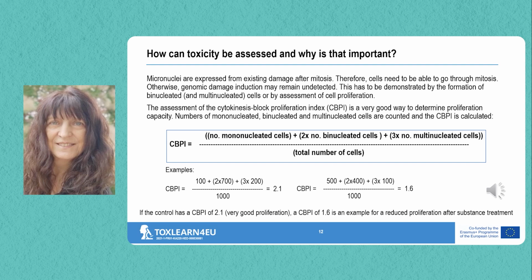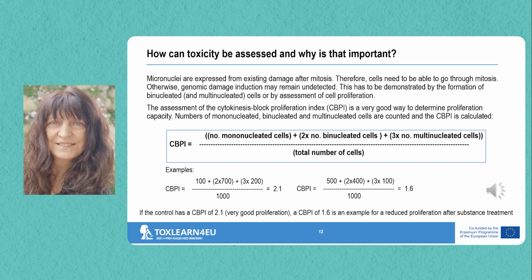With a high CBPI of 2.1, you have, for example, 100 mononucleate, 700 binucleate, and 200 multinucleated cells. And with a lower CBPI of 1.6, you might have 500 mononucleated cells, 400 binucleated cells, and 300 multinucleated cells. So if the control of your experiment has a CBPI of, for example, 2.1 or similar, that means there's very good proliferation. A CBPI of 1.6, for example, in one of the treated cultures, would show a reduced proliferation